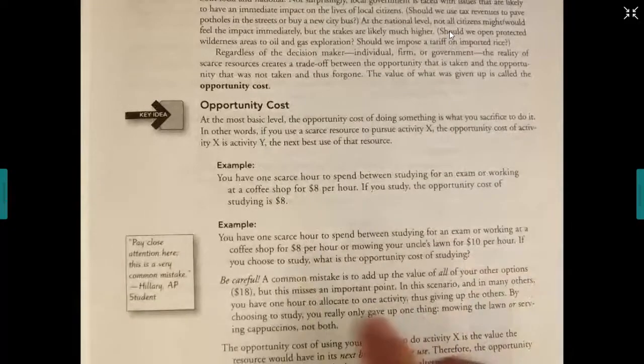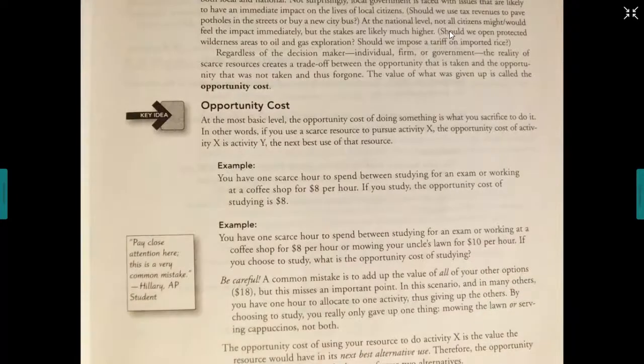They're going to call it opportunity costs when referring to businesses. Opportunity costs are basically if you have a company that makes more than one item. Say the company makes trucks and cars. If a company makes both trucks and cars,